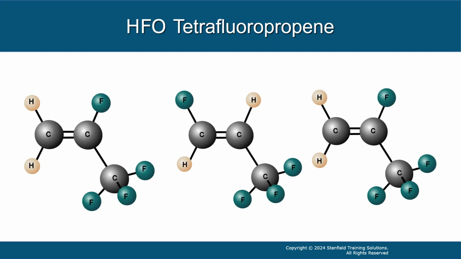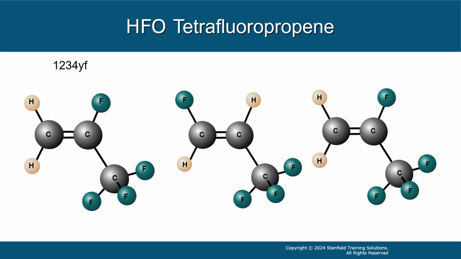Why do we need all this? Let's take the chemical tetrafluoropropene. The name tells us that the molecule is built on a propene molecule with 4 fluorine atoms substituting for hydrogen atoms. But there are 3 different refrigerants that are built around this molecule with just different arrangements of the atoms. They are